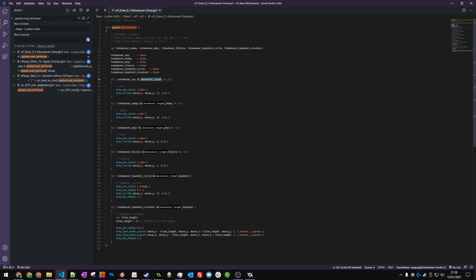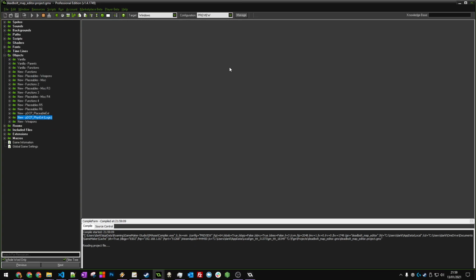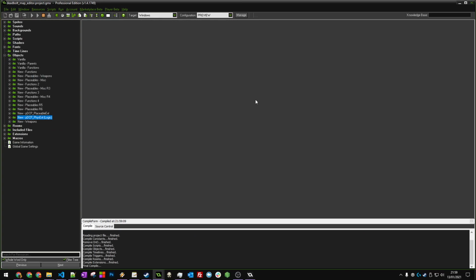Let's see if this is ever not -4. -4 means none, noone, which means no object ID. Every object has an ID whenever it's created in the game, whenever it's loaded into the game. So you might have seen that if you ever use the old P-Logic debug mode, you might have noticed that every object has an instance ID